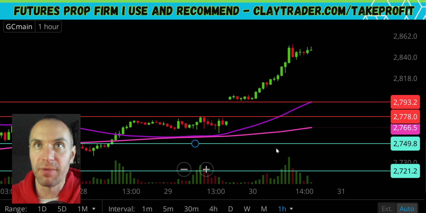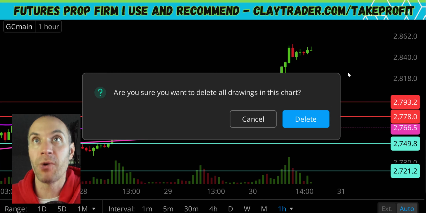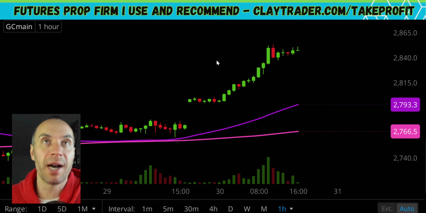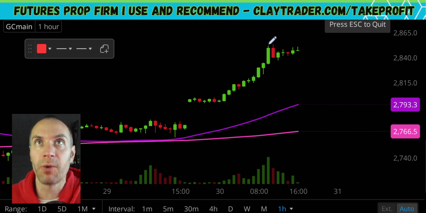In fact, all these levels that I drew previously, I mean, they look kind of silly being all the way down here when the price is all the way up here. But yeah, these were actually all relevant yesterday. But now, not so much. I'm just going to get rid of those, and we'll start afresh here. And I think this might be all-time highs. Pretty sure it is. But regardless, in the very near term now, we have ourselves